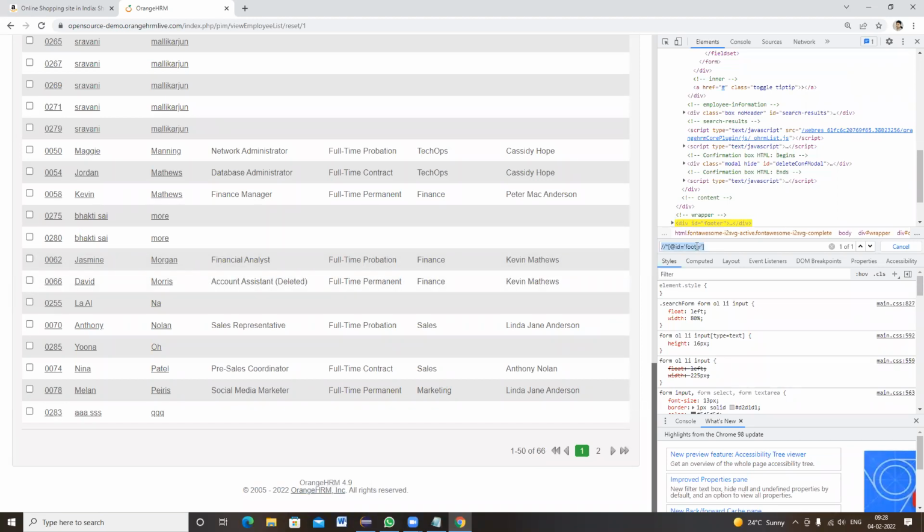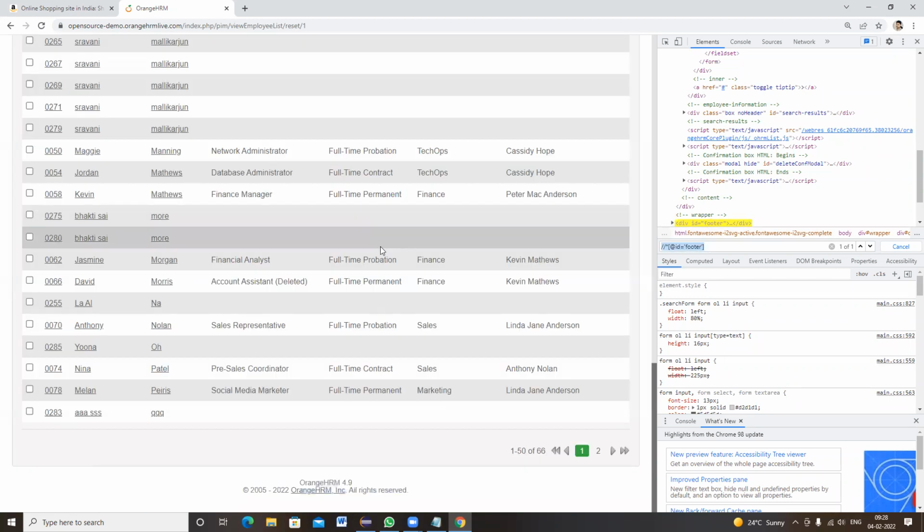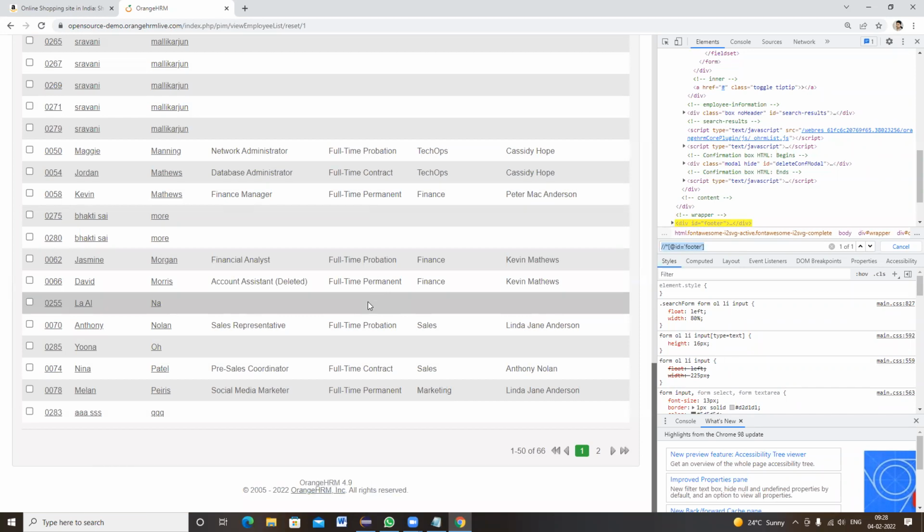I just copied and pasted it, and it is taking me to the footer of the page. For any web page or any Word document, you will have something called header and footer. Header means head of the page and footer means bottom of the page.